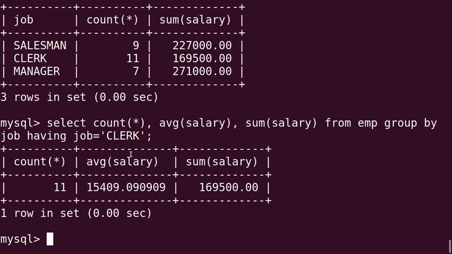All the job values we don't want, only the clerk's record.